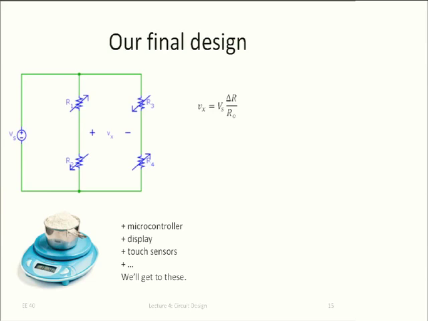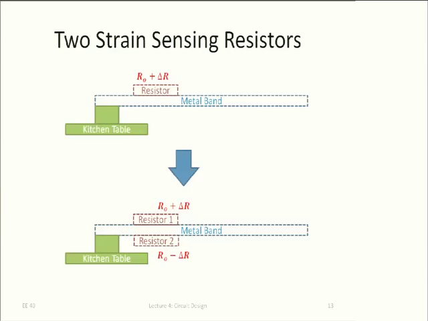Okay, so instead of having just one resistor on top and one resistor at the bottom, we can have 2 resistors on top and 2 resistors at the bottom. In practice, I probably would put one in front here and the one behind it, because here maybe the metal bend's a little bit different than here, and therefore the delta will be a little bit different, but I can't draw it that way. So probably in practice, I would have one here and then one just in front of